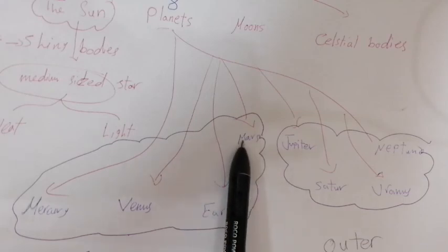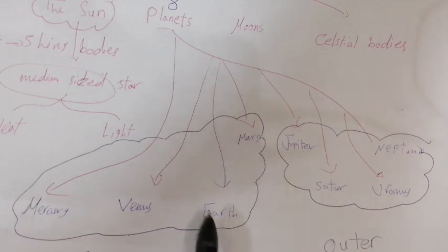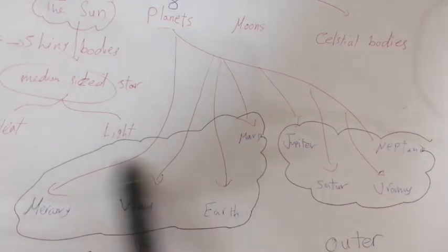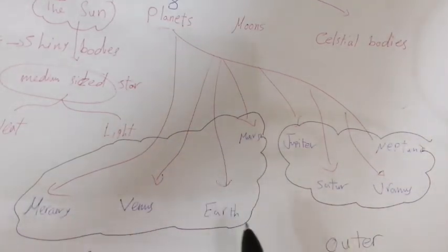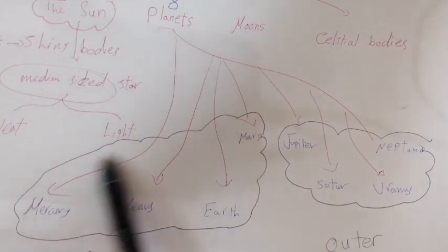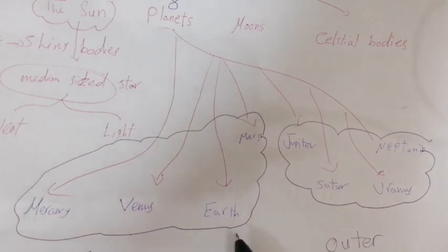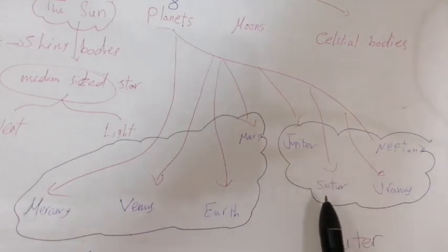Mars has two moons rotating around it. So all inner planets only have three moons. While outer planets have a large number of moons rotating around